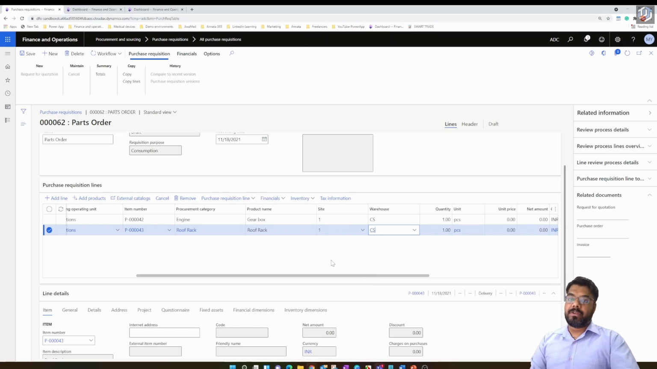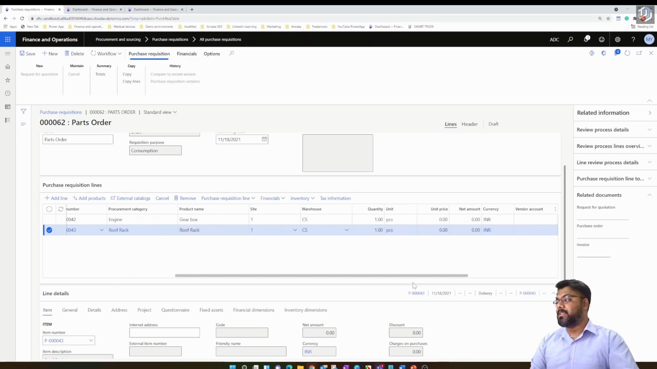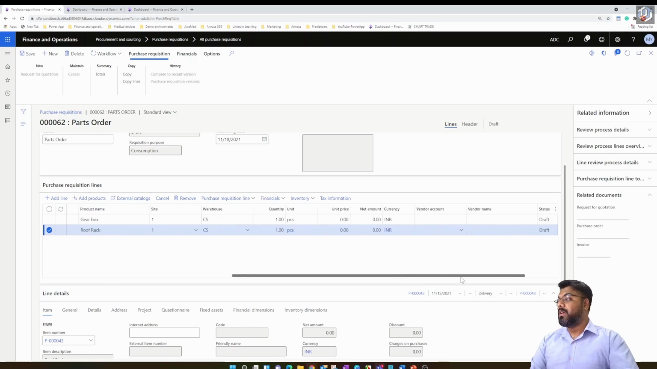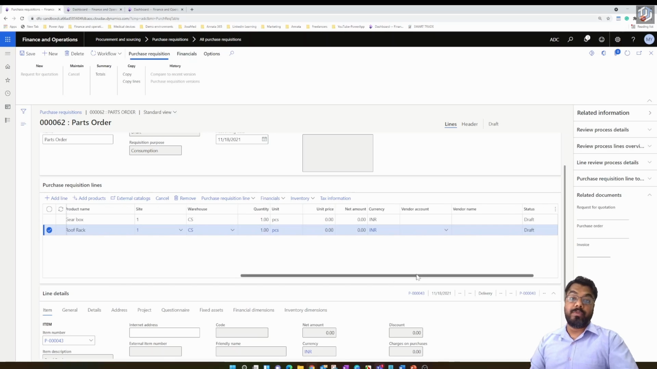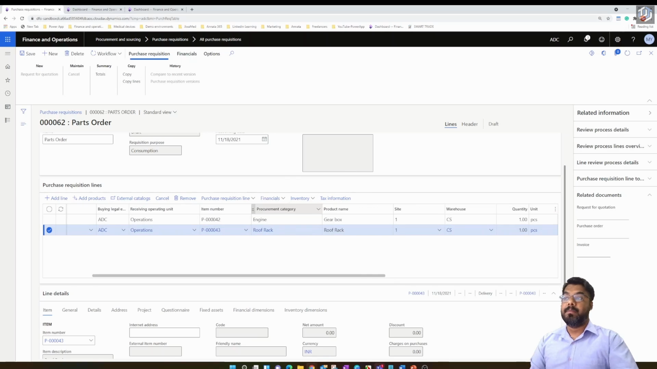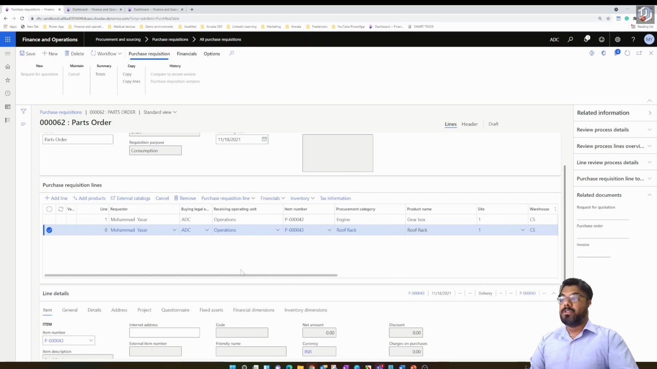For both of these items, I have not provided any trade agreements or any pricing, so the price is 0. And I've also not made any approved vendor for these items, so there's no vendor account selected in the purchase requisition. I set up the data in this way because I wanted to show you something related to the request for quotation. So let's assume that I'm